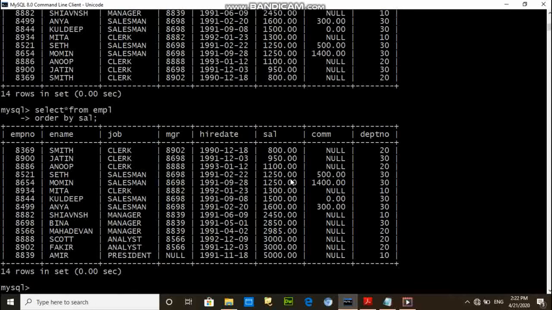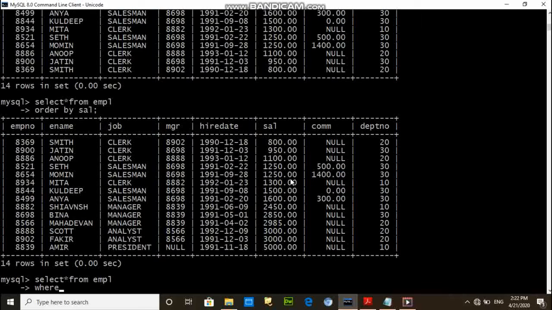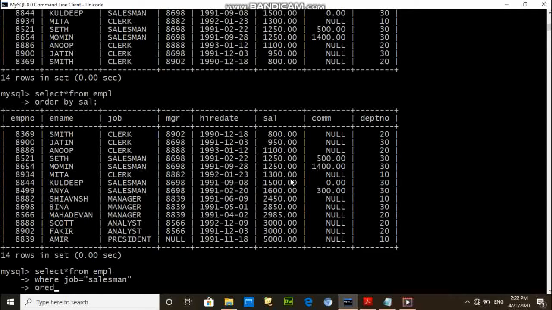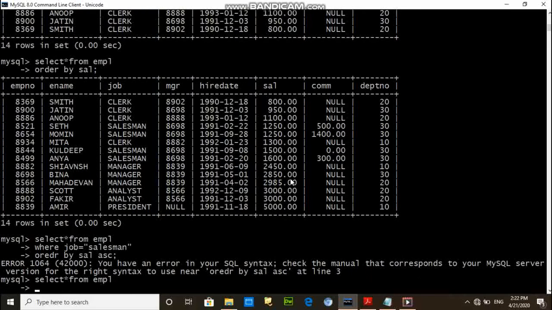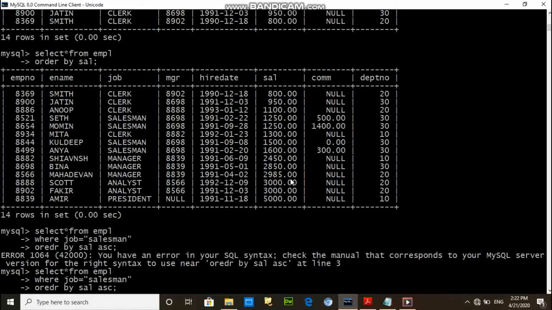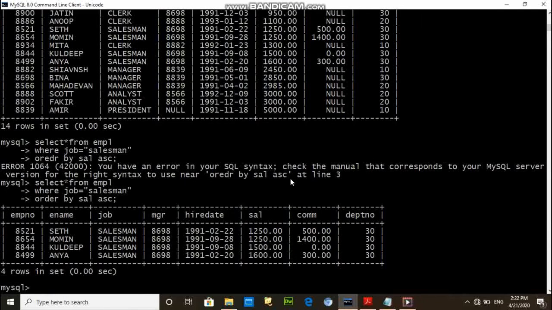So for this, WHERE job equals salesman, ORDER BY salary. This is the use of the ORDER BY clause.